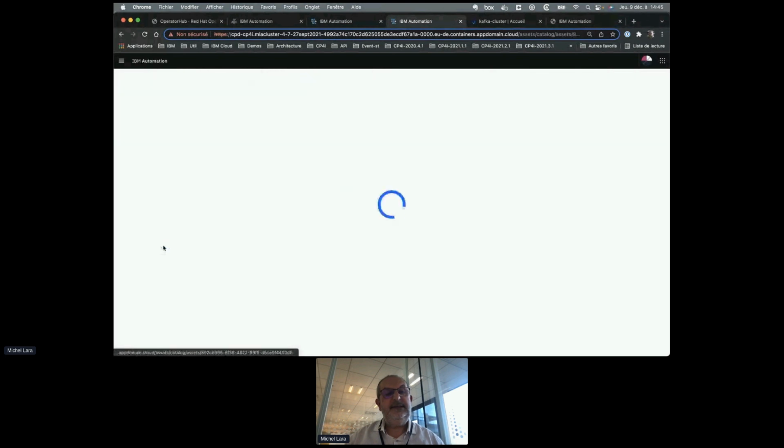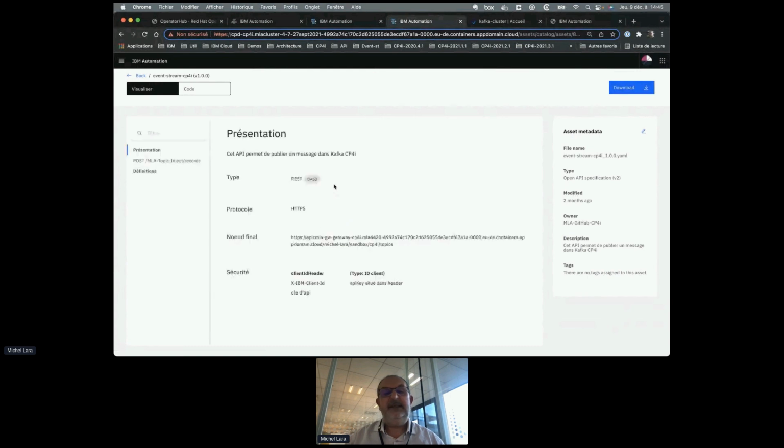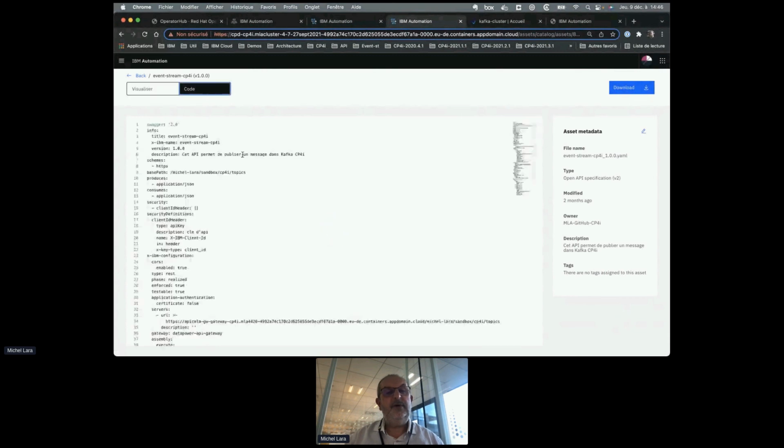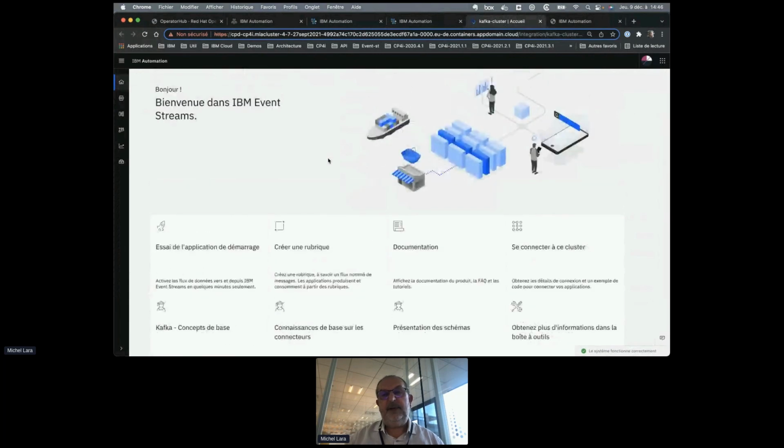So this is an API, and you can see the Swagger. You can see it in a graphical way or you can see the Swagger itself in code. And this Swagger is synchronized with my GitHub. So a lot of capability, a lot of ways to very easily manage a Kafka topic and deploy it.